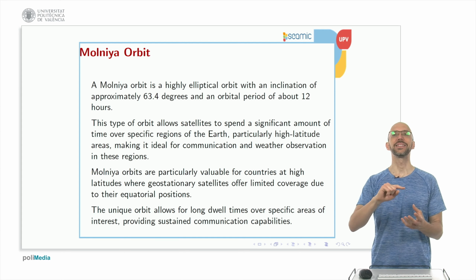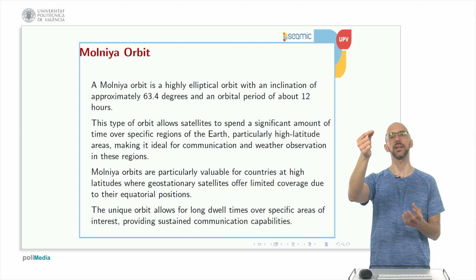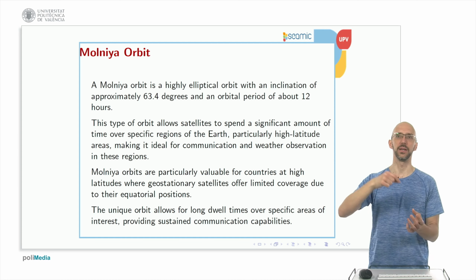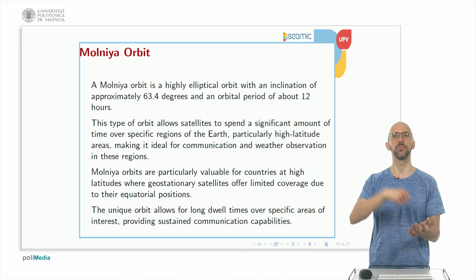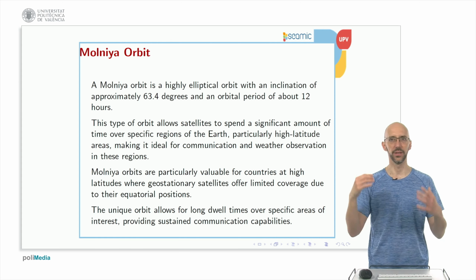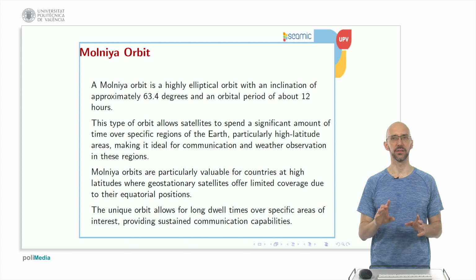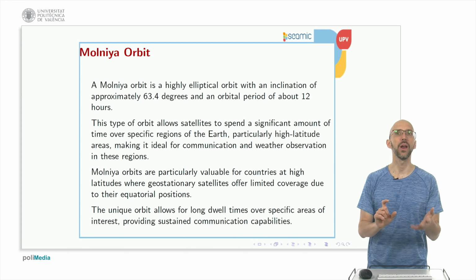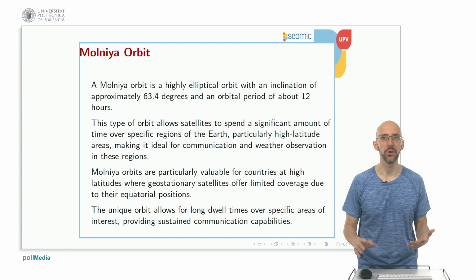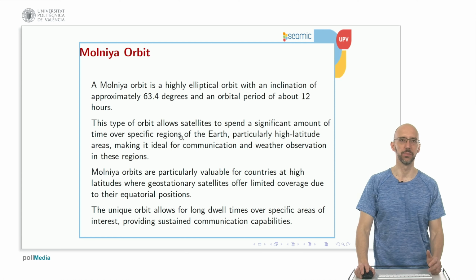before, that stays or remains a very long time above the equator, and when it passes through the closest point to the Earth it is going really fast. That is where the name lightning comes from. It's very fast, very close to the Earth. And the distances are very nice. Okay, the closest point is about 400 kilometers from the Earth's surface. The highest point is more or less like a geosynchronous orbit, 40,000 kilometers more or less, and we are going